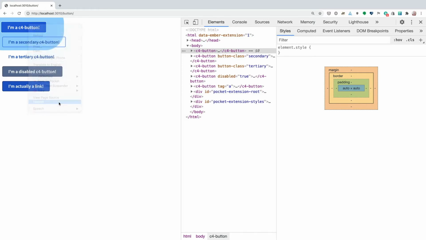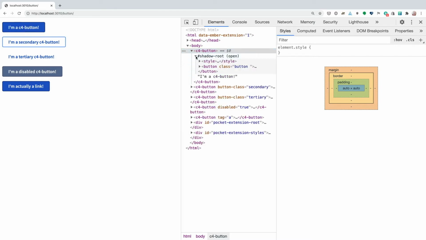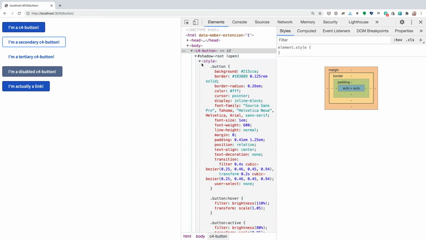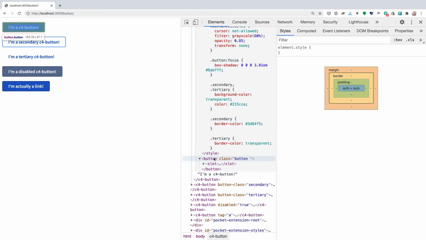If we inspect a button, what we'll see is that inside the button there is the content, but there is also this shadow root. And inside the shadow root are all the styles that we defined, as well as the markup for the button.